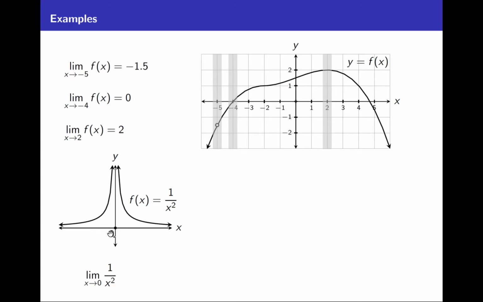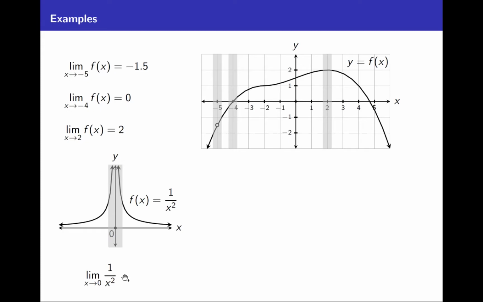In fact, if you take a narrow strip around 0 and look at the graph, I don't care how narrow that strip is, you're going to get parts of the graph inside this gray rectangle that just keep going up and up and up and up without bound. So here, f of x is not approaching any single number as x approaches 0. It's going to infinity. So because as x goes to 0, 1 over x squared doesn't approach a finite number,